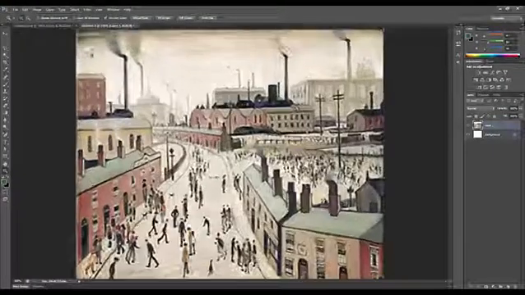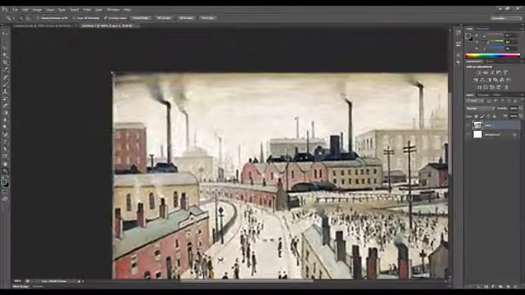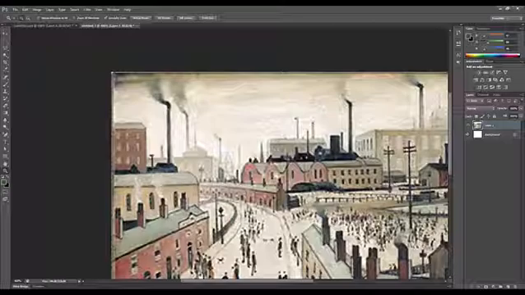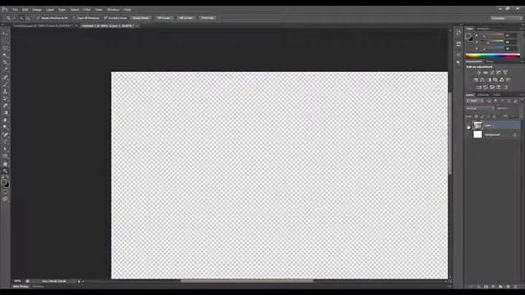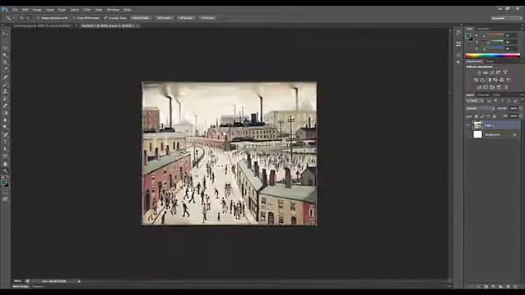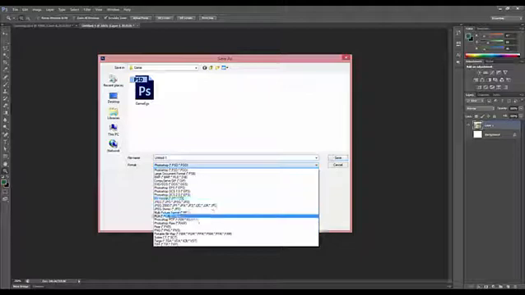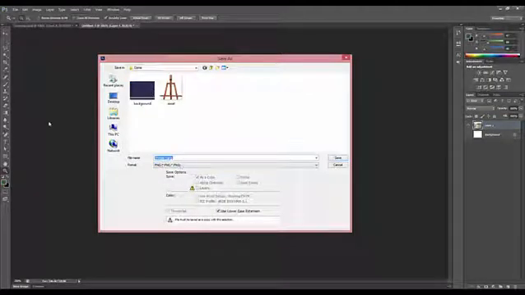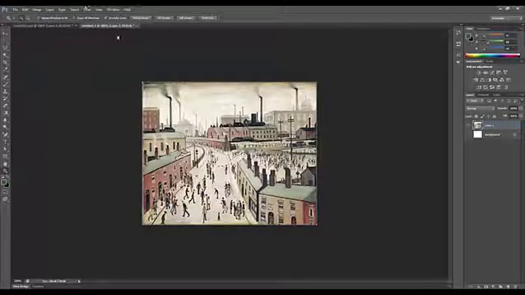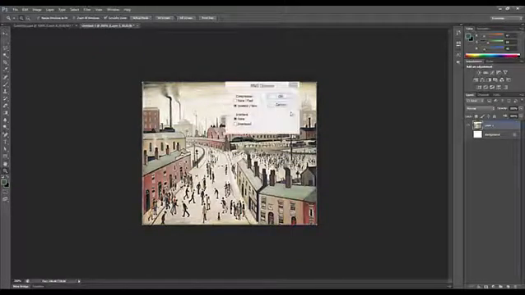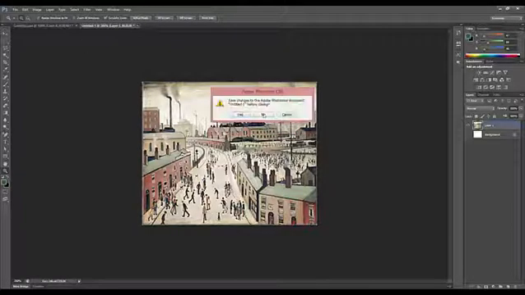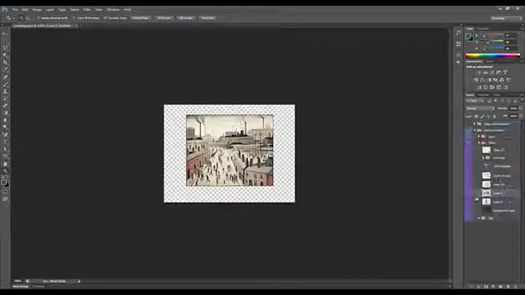You'll notice if you look at the corner, there's a bit of white up in that corner. See it? That's because we need to get rid of the background. There we go. You'll notice all the edges have gone see-through now with a little checkered pattern behind it. That's a see-through pattern. So that's now see-through around the edges. File, Save As, and same again, PNG, and we'll call that Lowry1, because it's a Lowry painting. And we'll probably have more paintings in the game. That's the idea, that you're painting lots of paintings. OK that, and then close that. No, we don't need to save it as a PSD.